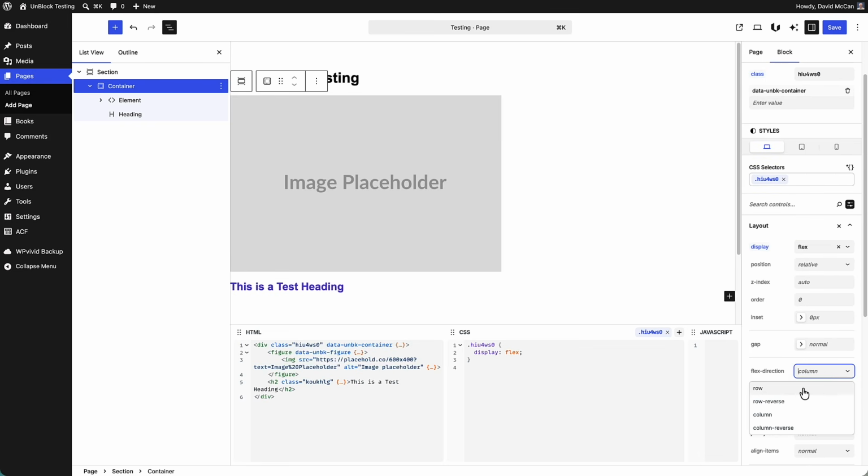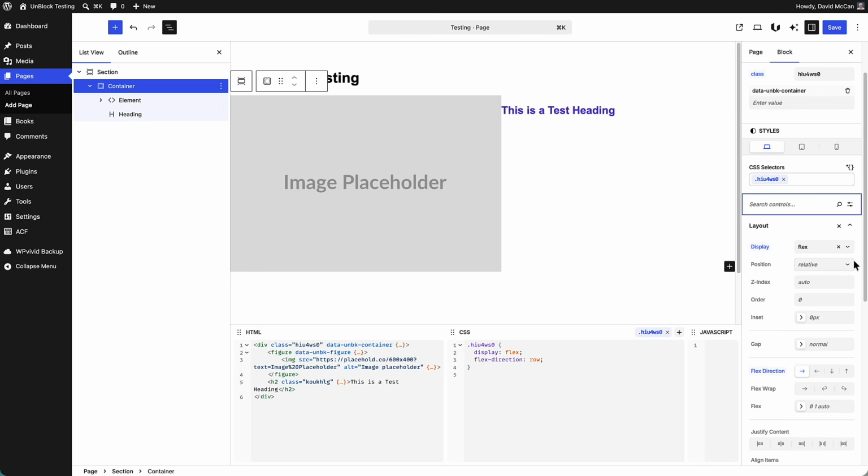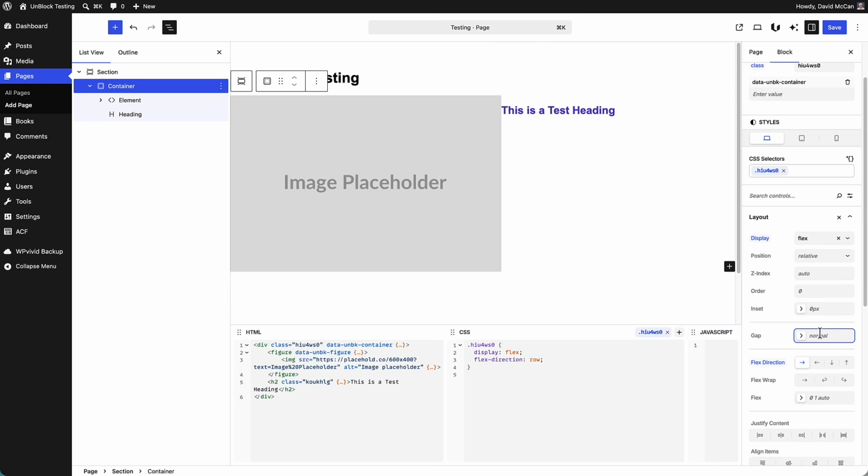It's column, we'll have it go row. Let's turn this off and see how that's different. Okay, then we have, instead of the drop down, the icons. So for gap, I guess we can put in 2rem, or we can go to our